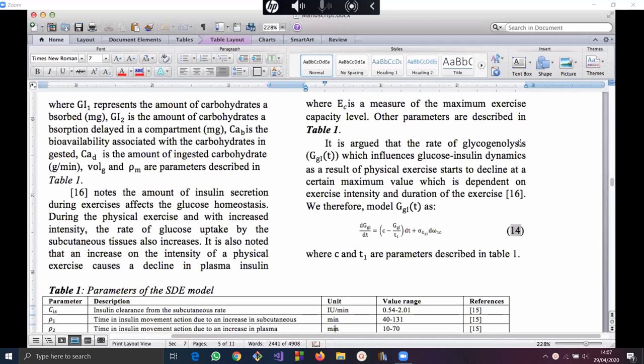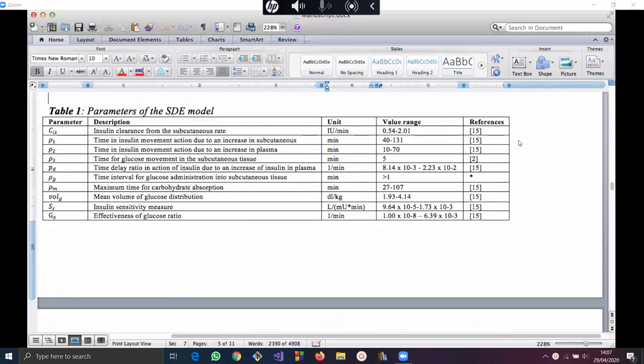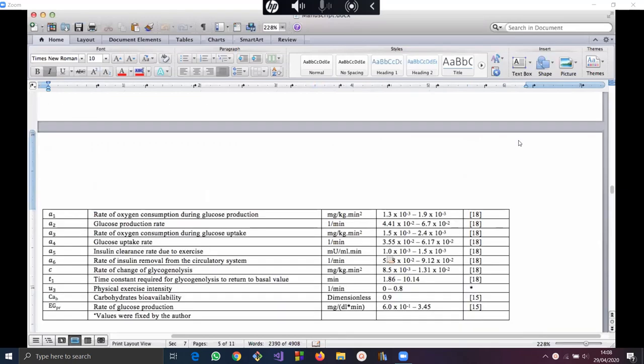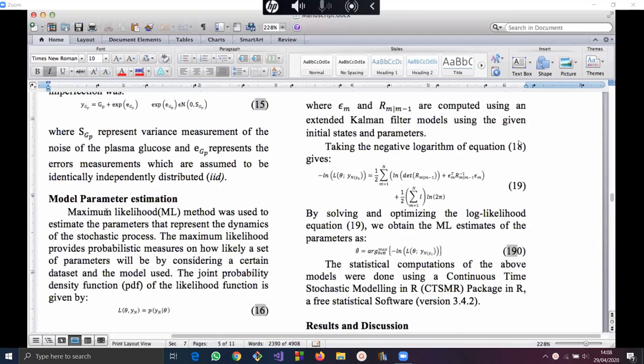What I call these values are what we call parameters. In an equation, you will have what we call parameters, the input, like insulin clearance from the subcutaneous, which means from the tissue, from the body tissue. It can actually range from this up to this. If it exceeds this range, then there is a problem. So what then happens is we talked about that there are model estimation and testing. In this model